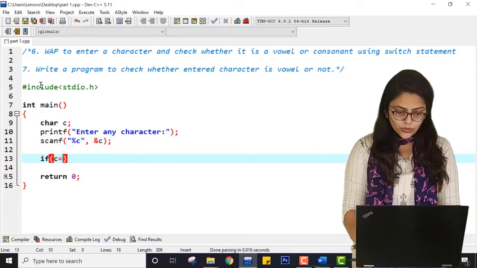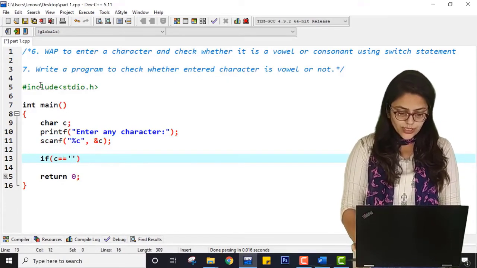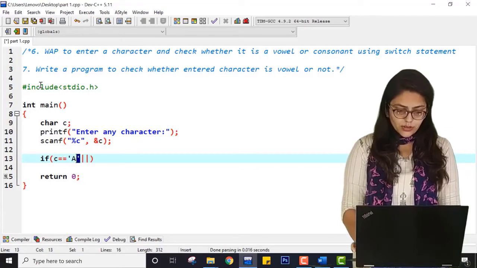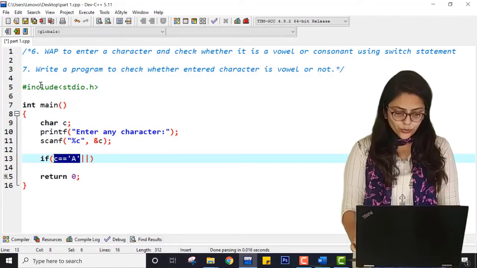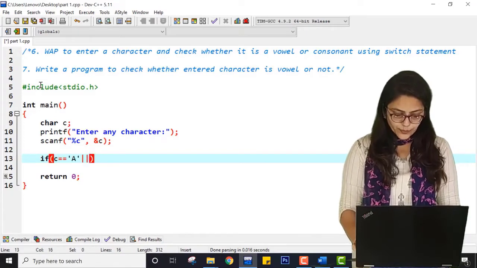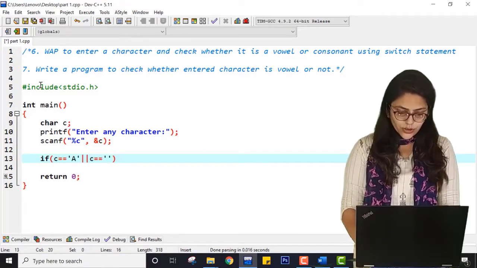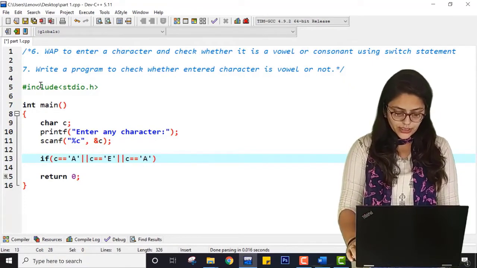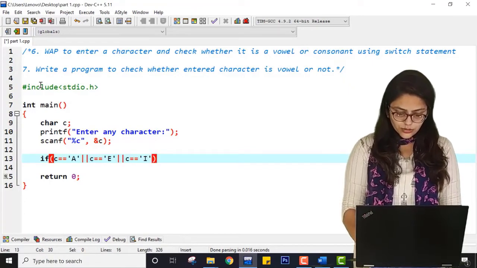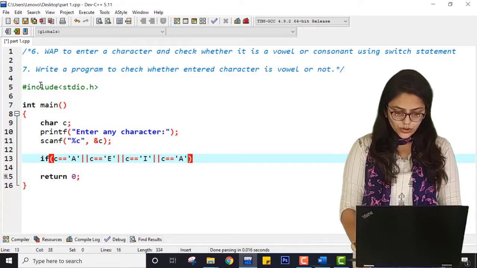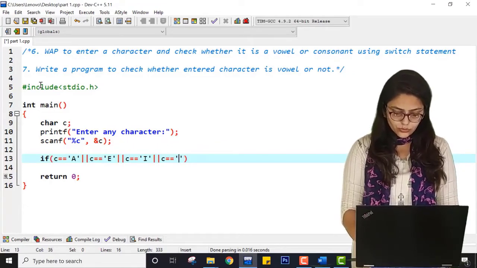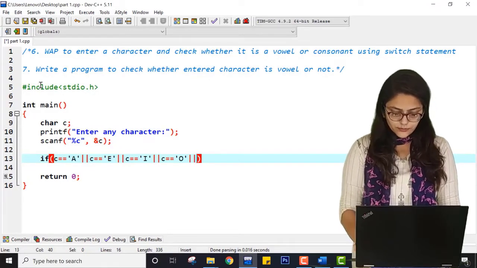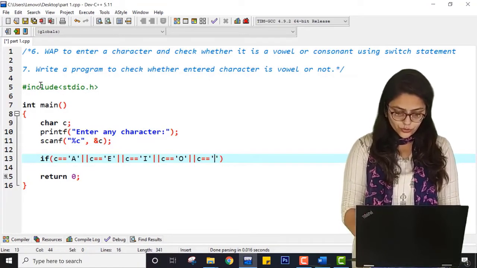say c equal to 'A', or similar syntax for A, E, I, O, U. So c equal to 'E', or c equal to 'A', 'E', 'I', then 'O', then 'U'.